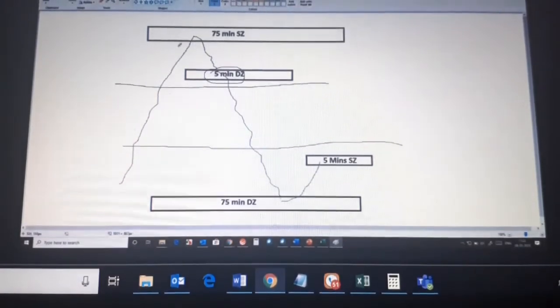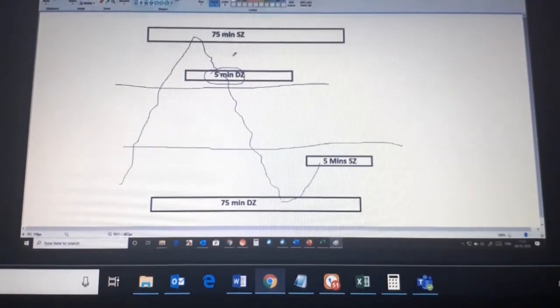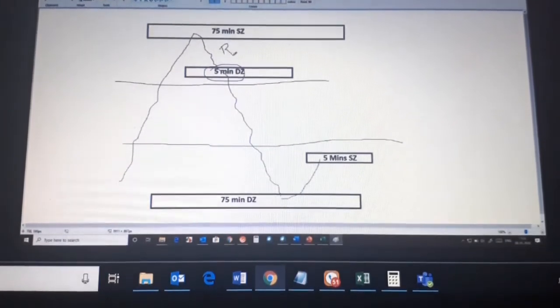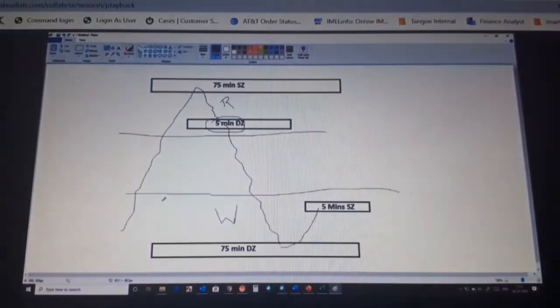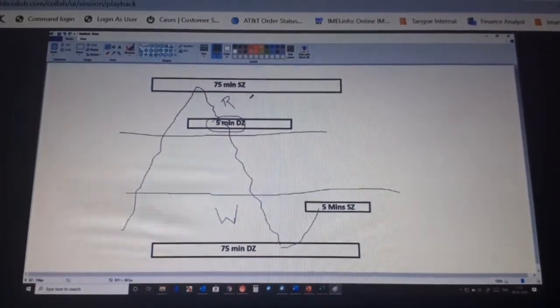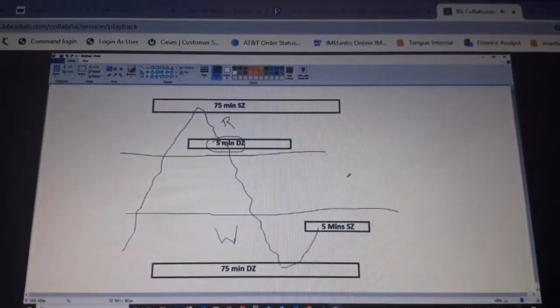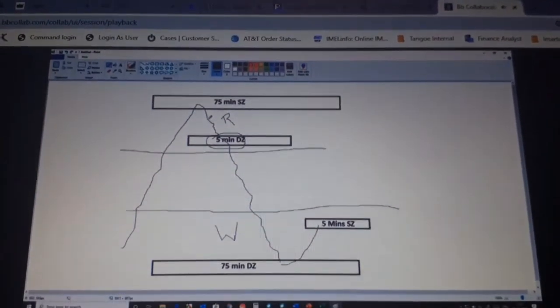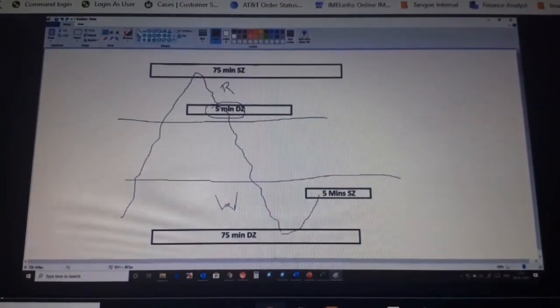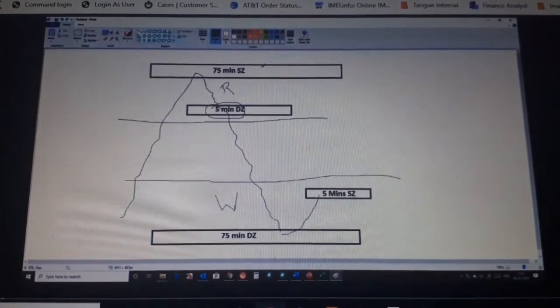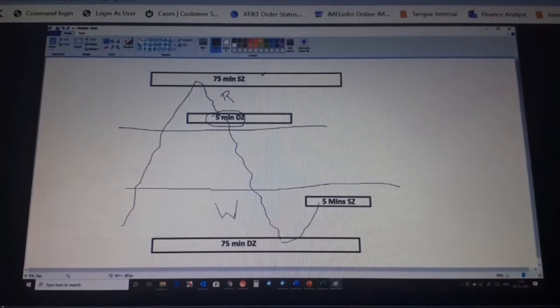Similarly, when you are here, will you buy in a retail pricing area or will you sell in a retail pricing area? You will sell, right? You will sell. So that's the answer. So the closer you are to a higher time frame demand, the more you will be a buyer. The closer you are to a higher time frame supply, the more you will be a seller.